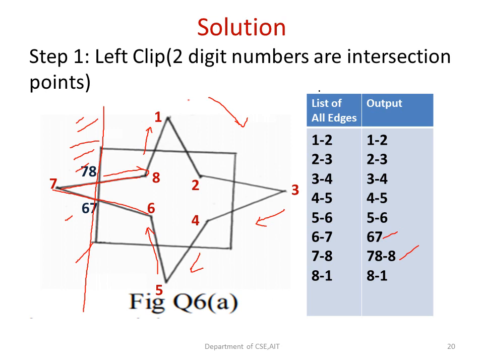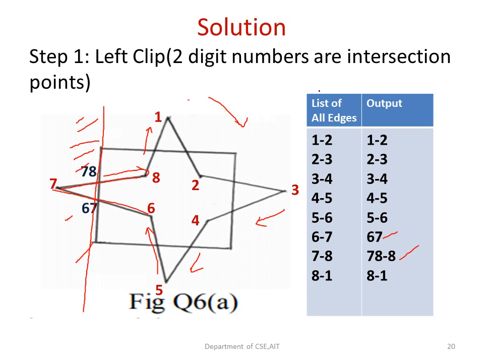In step 1, we are going to apply the left clip. Here we have a polygon and we have a clipping window. Now we are going to clip out all the part of the polygon which is present outside my left clipping window. So you can see that my left clipping window will be affecting two edges, that is 6 to 7 and 7 to 8. The 6 to 7 has an intersection point 67, and 7 to 8 has an intersection point which is 78.